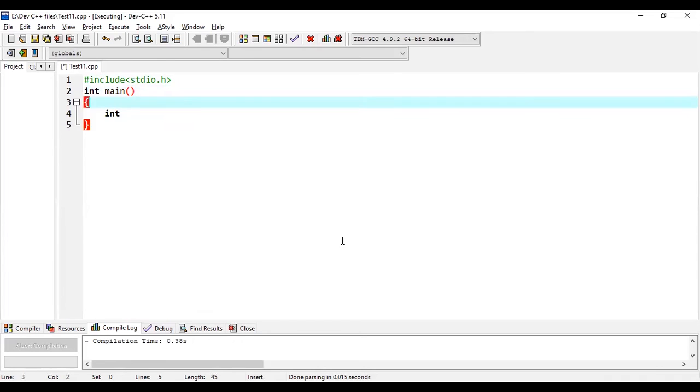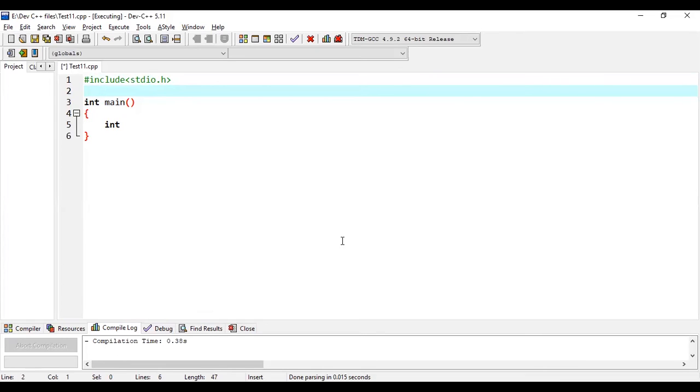Okay, it was asking you to create a function. I didn't create that, so let me create it. Sorry, it was factorial. I'm getting confused because just now I did Fibonacci, so it is int factorial, and I'll take int n.